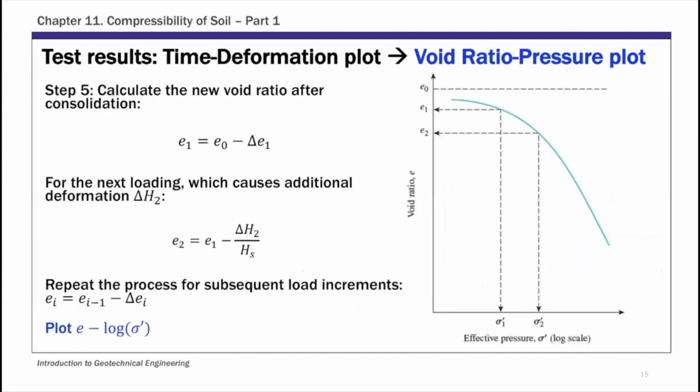Okay. But the result of this process, as I mentioned, you convert your lab data to this void ratio in the vertical axis, and effective pressure here, sigma prime, that's your effective vertical stress in log scale in the horizontal axis. So that's the data you're going to get from the 1D consolidation test. Okay. So from this plot,